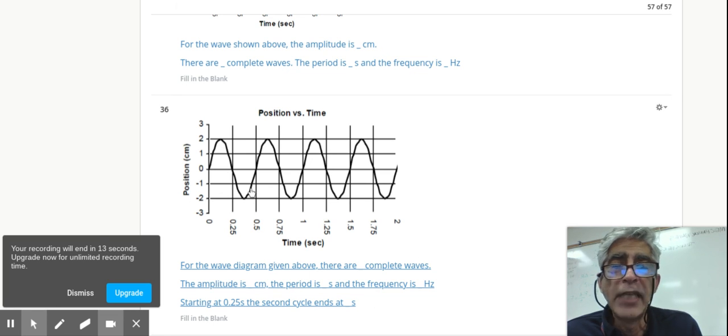And that's basically how you work through these questions. It's really, really simple. You could pick from a trough to a trough or a peak to a peak and see what the distance is. It's kind of easier to see it from here because it's right on